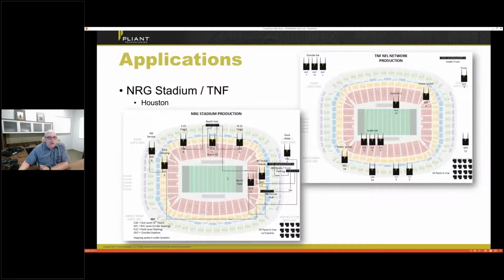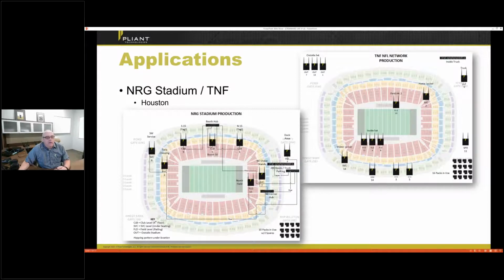As you can see, we couldn't do that completely because we ran out of hopping patterns. So then we had to take into account how far away the transceivers are from each other. Physically, if there's a transceiver under the stadium on the completely opposite side of the stadium, we could use a hopping pattern that's fairly close to the other system. And in some cases, when it comes to the outside set, we actually reused hopping patterns from the other system,